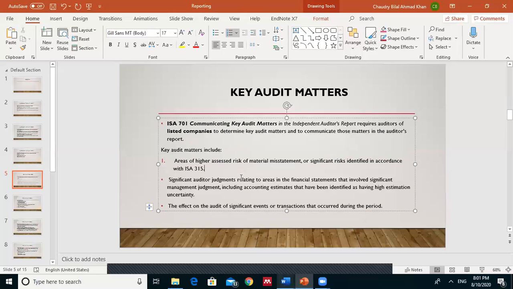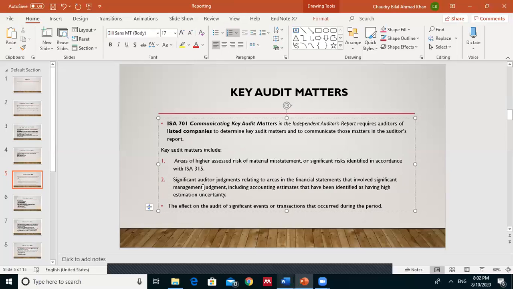Those areas are considered to have more risk of material misstatement, and some areas are identified as low risk areas because they are considered to have less risk of material misstatement. So firstly, the thing which is considered a key audit matter is the high risk area identified by the auditor as per the guidelines of ISA 315. Secondly, the